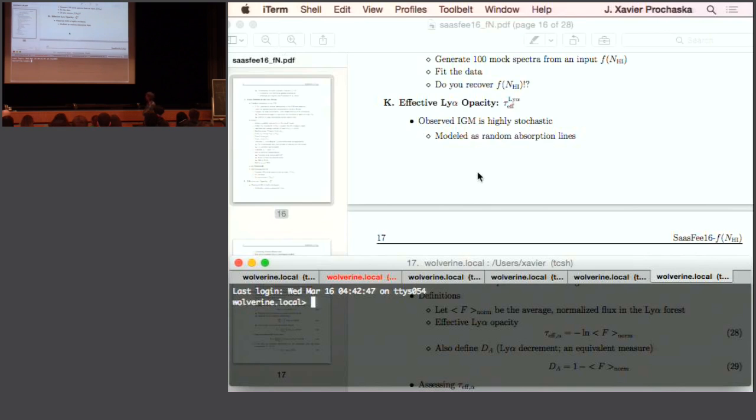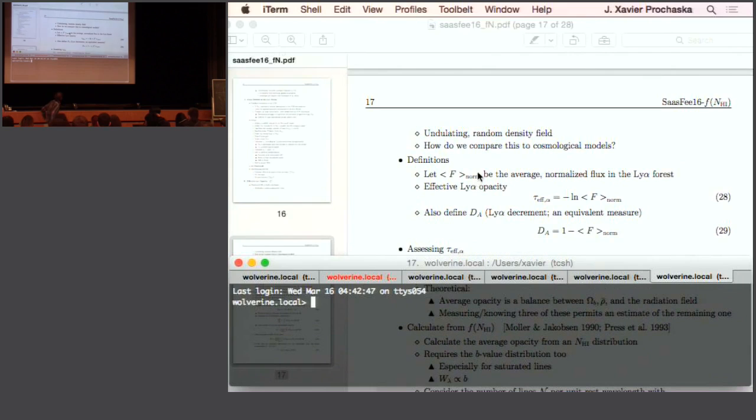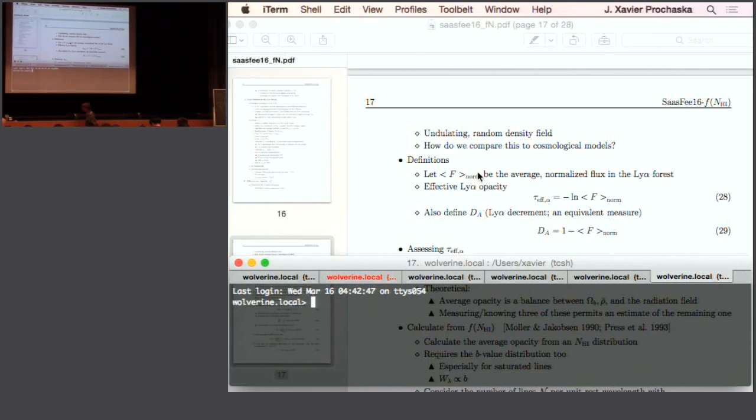Here I'll start with Lyman-alpha. You'll see the full Lyman series in a few moments. The effective opacity is simply defined as the negative of the natural log of the average flux in the normalized spectrum of the Lyman-alpha forest. Sometimes it can also be written as dA, where dA is just 1 minus the normalized flux. And